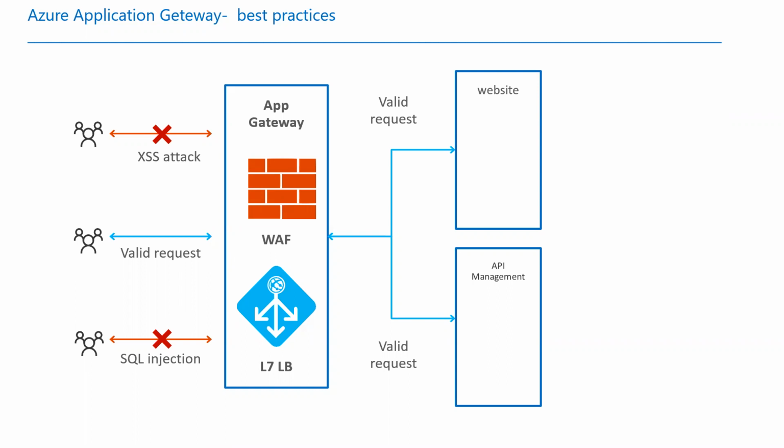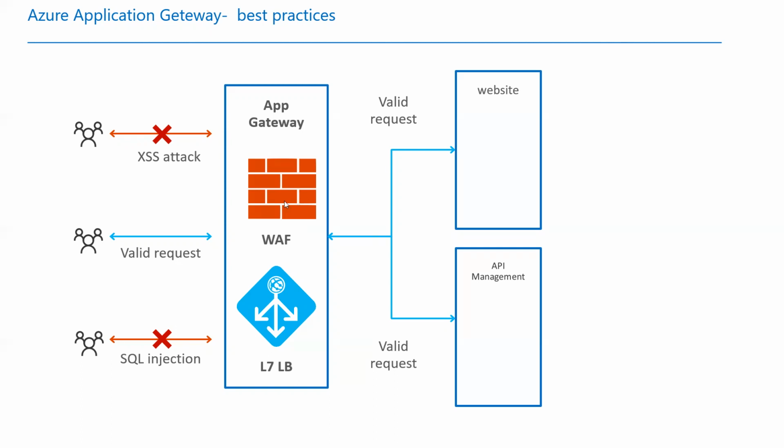So here, this is behaving as the layer 7 load balancer, and also has the web application firewall, where we are going to check all these rules inside the web application firewall for blocking cross-site scripting attacks or SQL injection attacks. As soon as there is a cross-site scripting attack, the application gateway terminates that request in the application gateway itself before sending it to the backend app service environment or the API management or any of the VMs, in case you are using them.